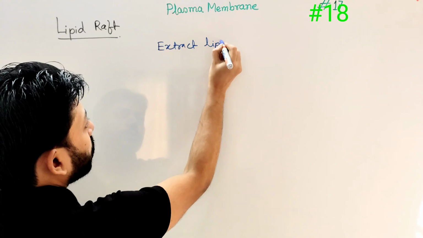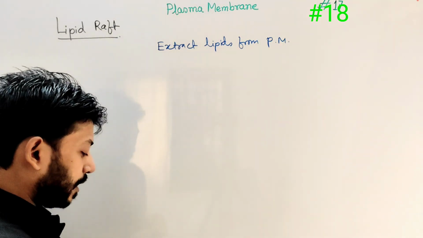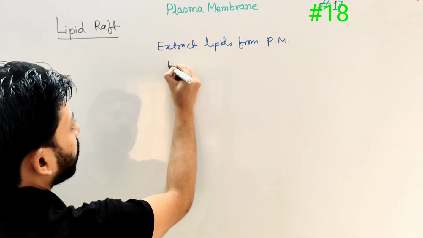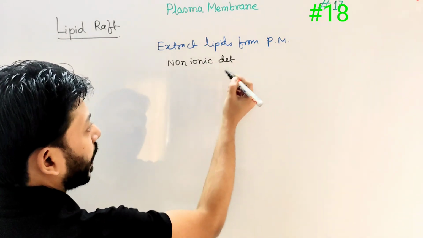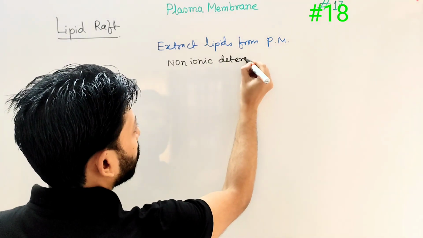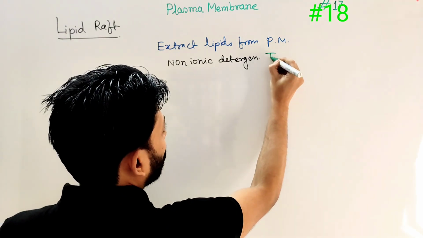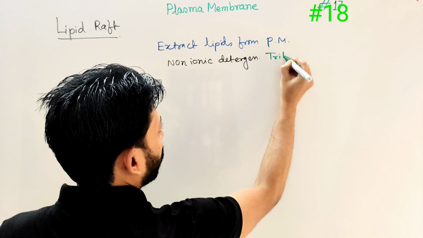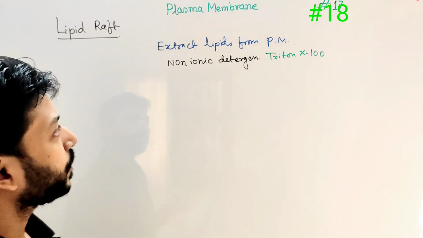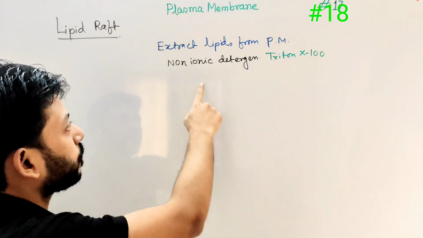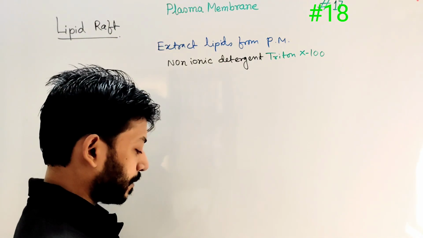lipid molecules from the plasma membrane. They use a non-ionic detergent to extract the lipid molecules. One example is Triton X100. So when scientists extract lipid molecules from the plasma membrane with the help of the non-ionic detergent Triton X100, they found that